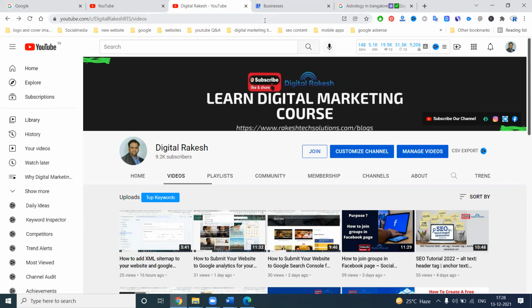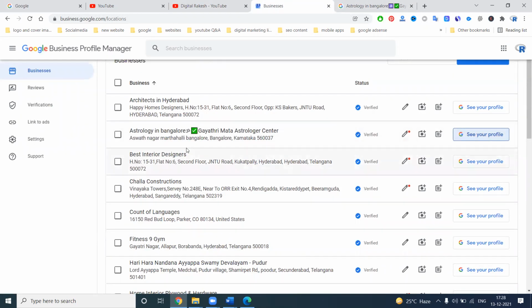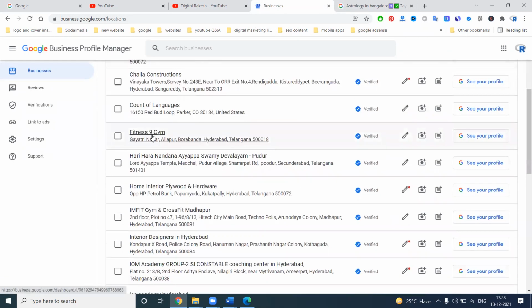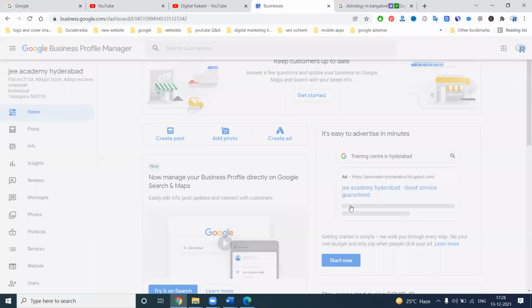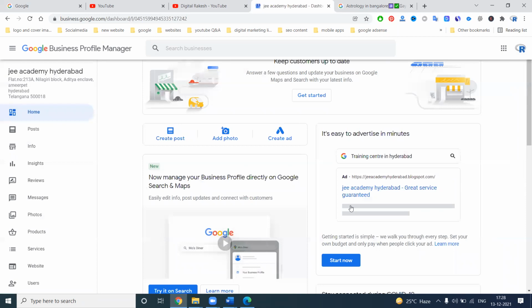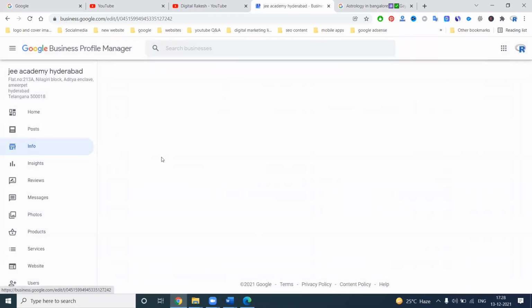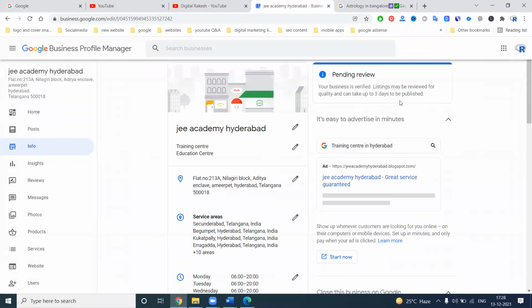That is all important for the Google My Business option. So this is done for JEE Academy for particular things. Right now the procedure is in process. It will be done, taking exactly 3 days. Once it's done, it is going into verified mode on your particular option.